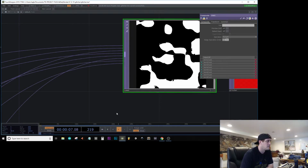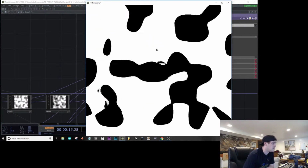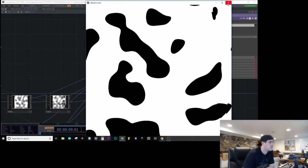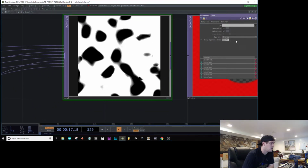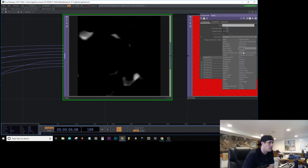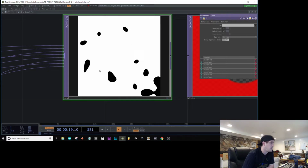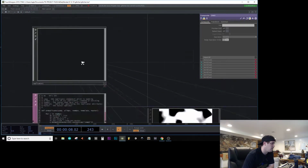And like I've said, some of these just instantly will look cool and you'll be like, I'm a genius. Other times, it's a bit of a process. I actually kind of like whatever's going on here, but it's not wildly original, so we'll keep looking. But yeah, there's some different stuff going on here now. I don't know how those are all interacting, but